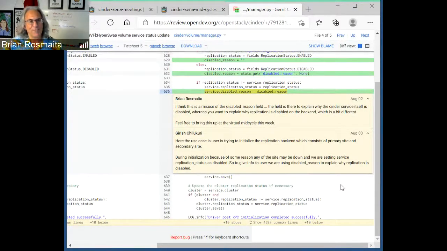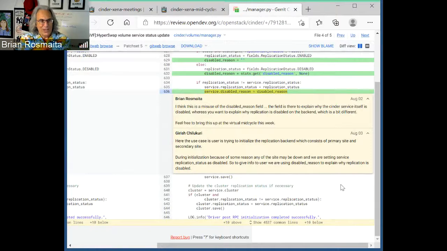Basically, in our service objects, there's a field called disabled reason, right? It takes a string and it gets populated under certain circumstances to give an operator information when they do the list services or show service call.